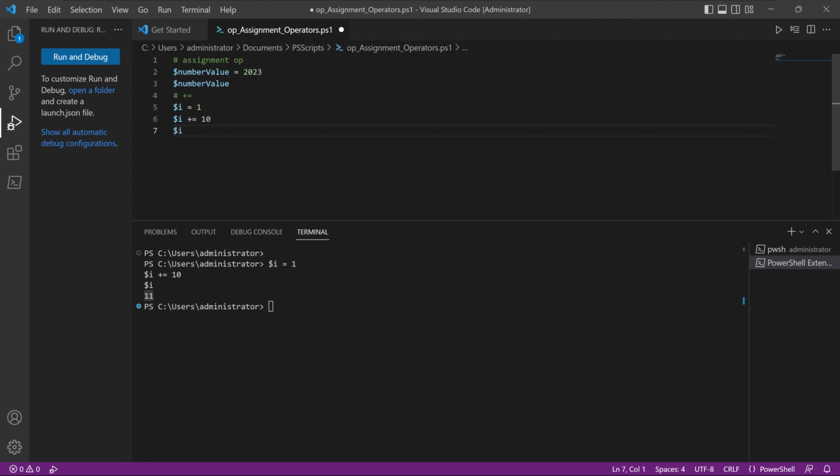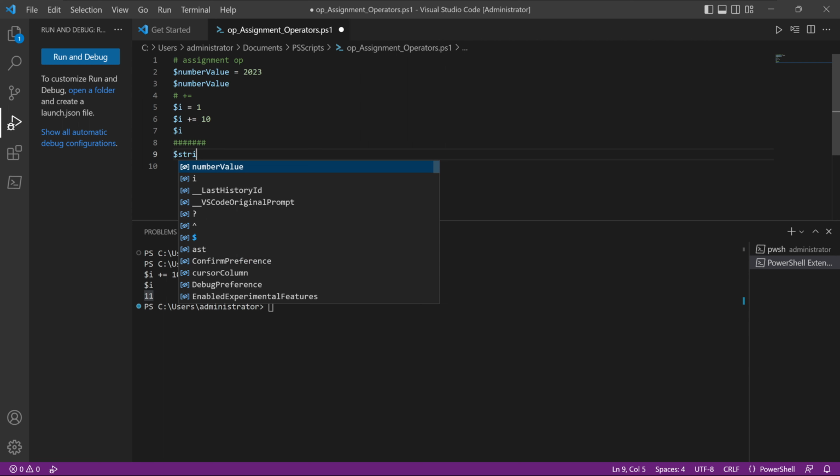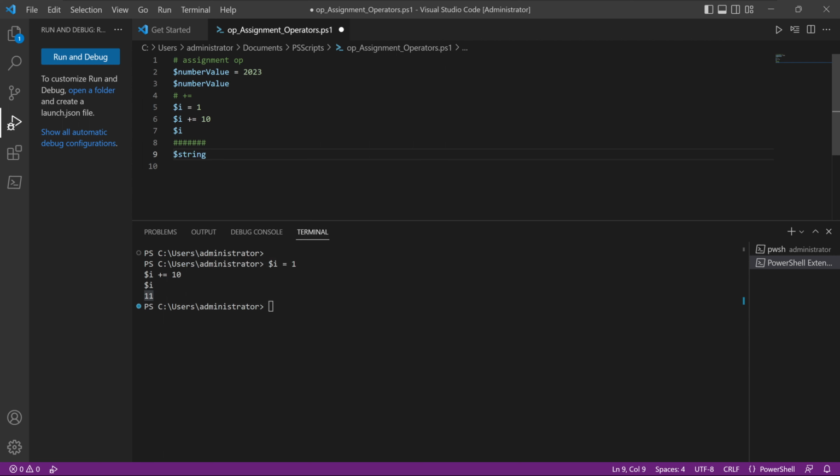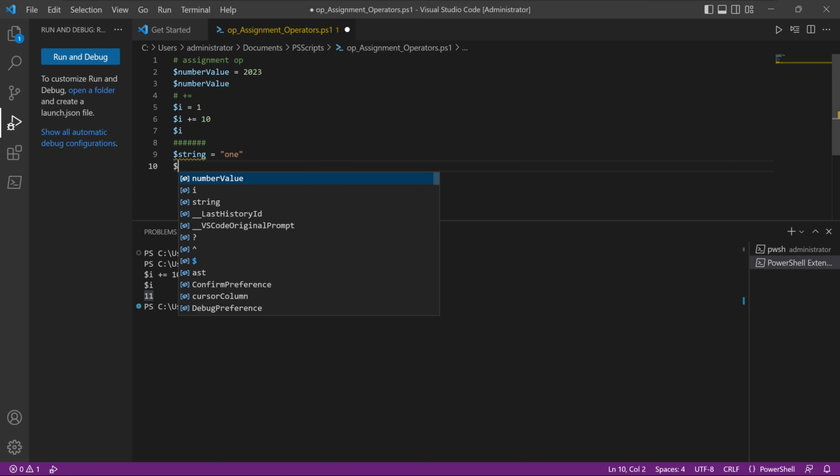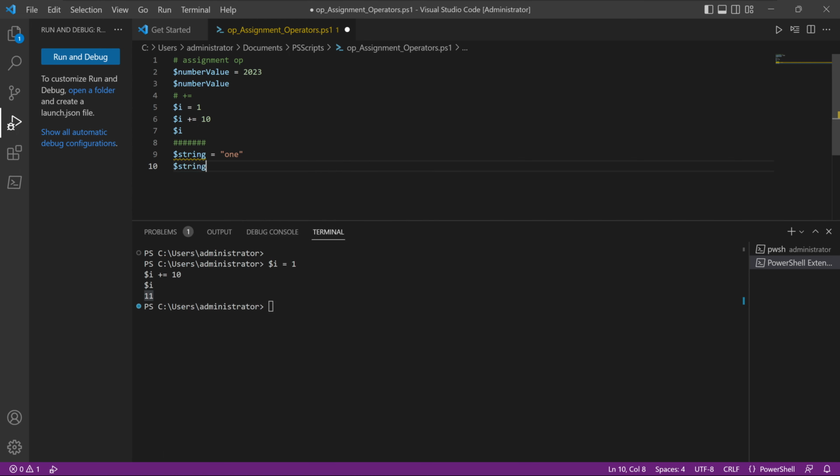So let's create a variable called string. I'm going to create a variable called string, and I'm going to assign a string to it. Obviously, let's say 1. Now, if I call the string variable, use plus equal, and go 1, and if I run these two,